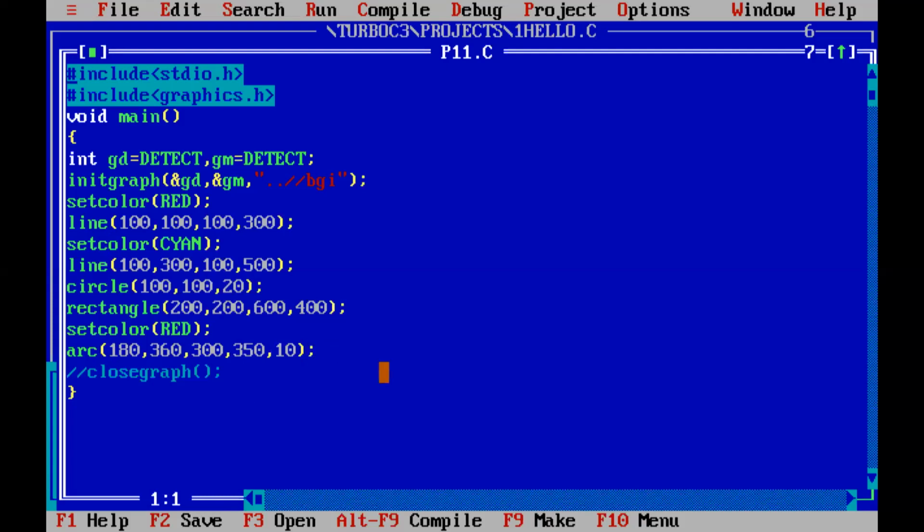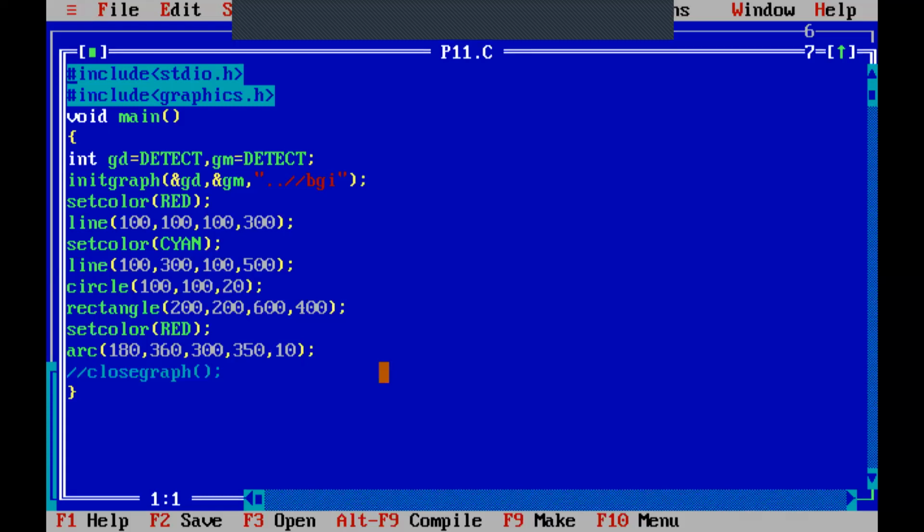So for ellipse, ELLIPSE, ellipse is the function available in graphics.h, and you can draw the ellipse. There also, I think you have to get the center point, the angle in radian, and the horizontal, that is x radius and y radius, I think. Yeah.